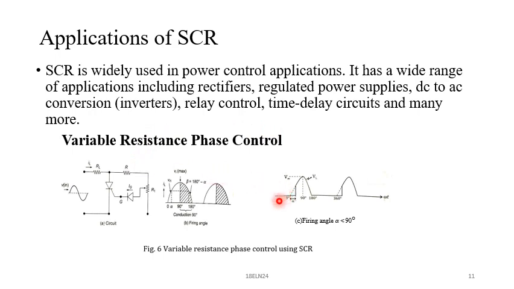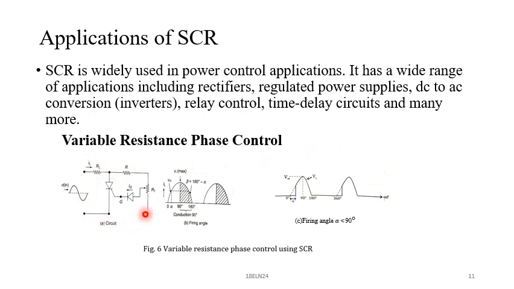And here I am having an input voltage, a sinusoidal signal, and I'll get the rectified output. And here I need to control the output, I have to vary this. I want to conduct from 0 to 90 degrees, or I need to conduct only from 0 to around 150 degrees, or in between 90 to 180 degrees. All of that is possible by using some external circuit with rectifiers.